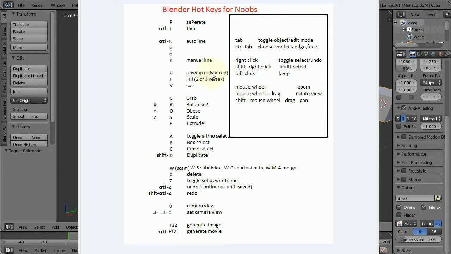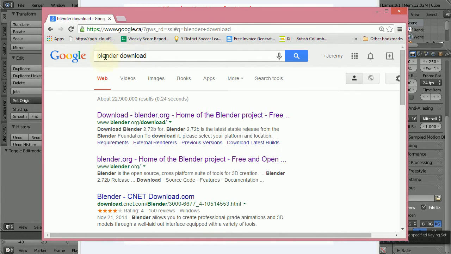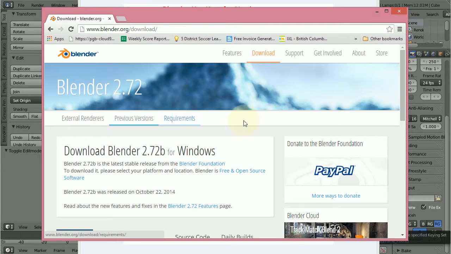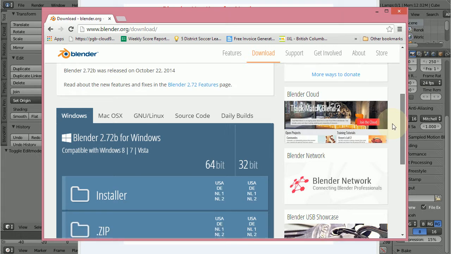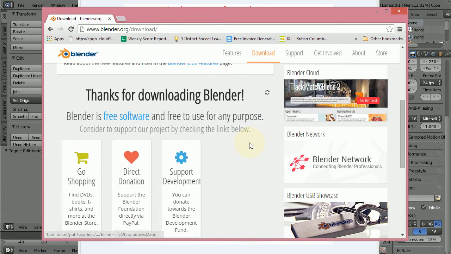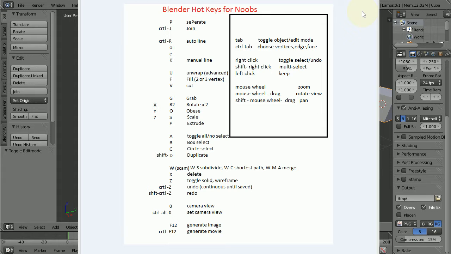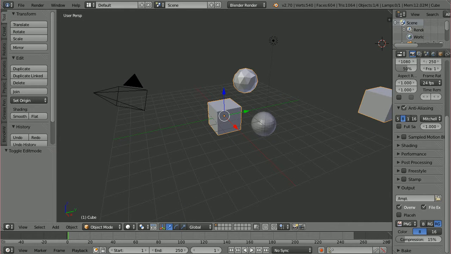It's a Blender startup if anyone wants to do some 3D printing. Make sure you go to Blender Download. It's the one with the .org. Download it. If you go down, 32-bit works fine. You can install it. Now when you get to Blender, it first looks like